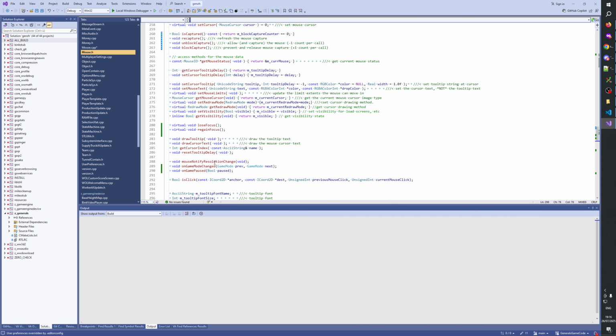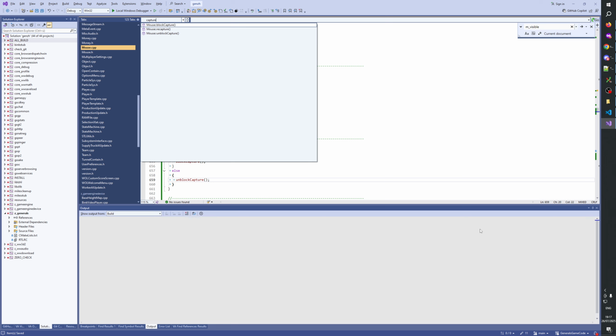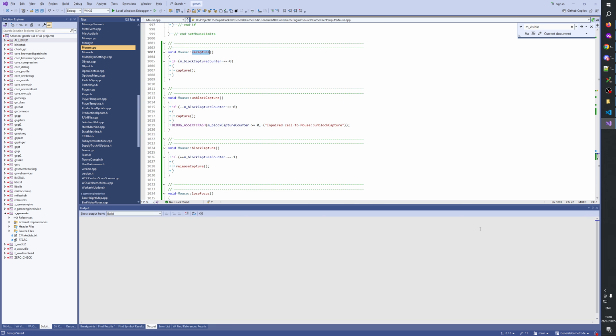Then we go to capture. Recapture. Capture. Not lost focus.